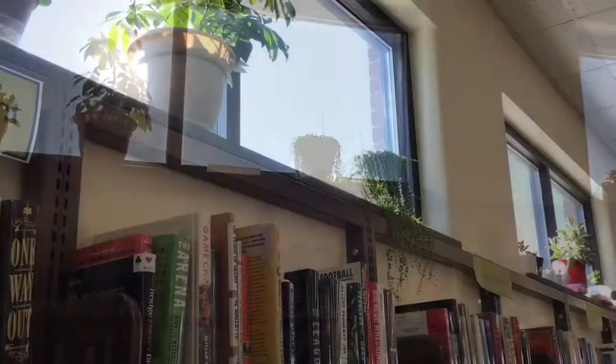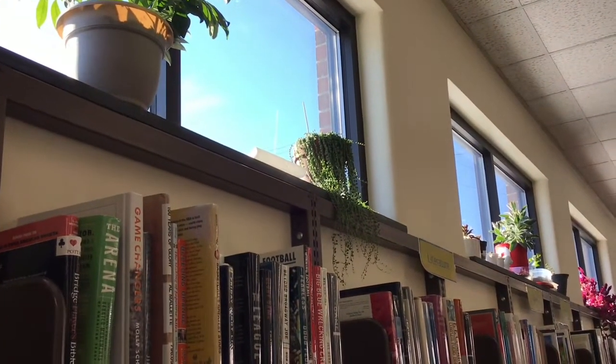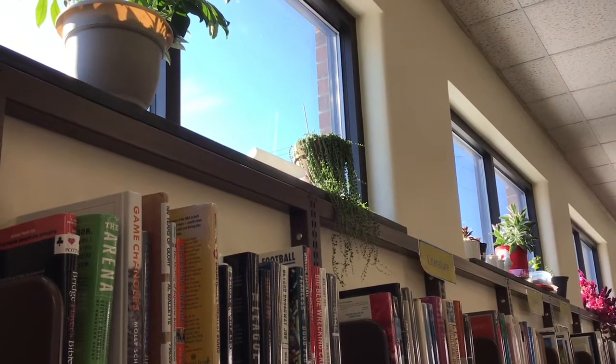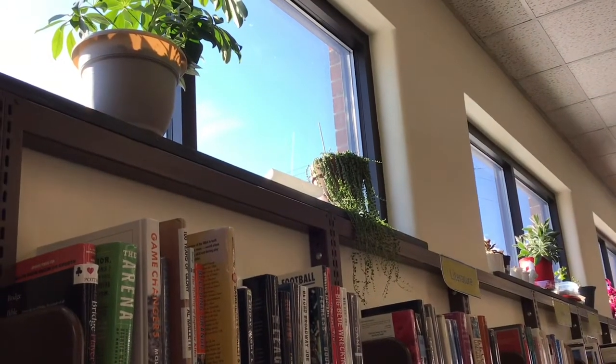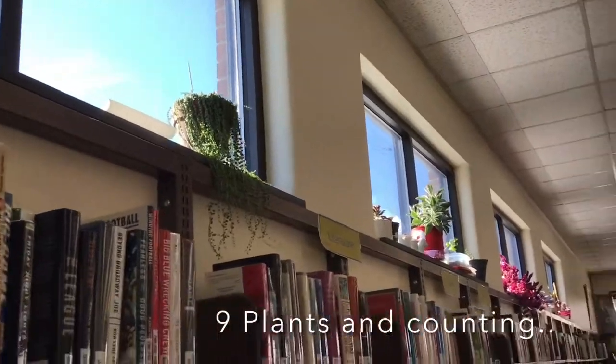Next is our string of pearls. Let's get a better angle of that. Looks a bit better. You can see it in the sunshine. The string of pearls is doing wonderful. It's getting longer and longer all the time. This is one of my prized plants. Very happy with it. Moving on to the